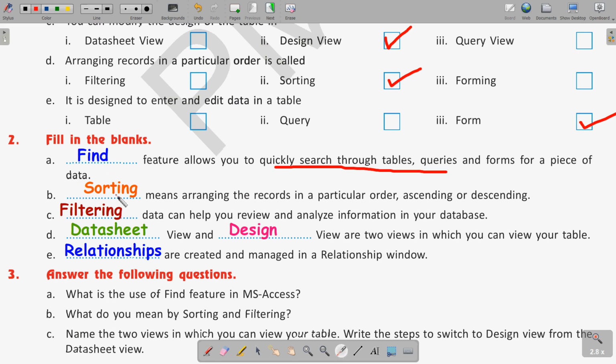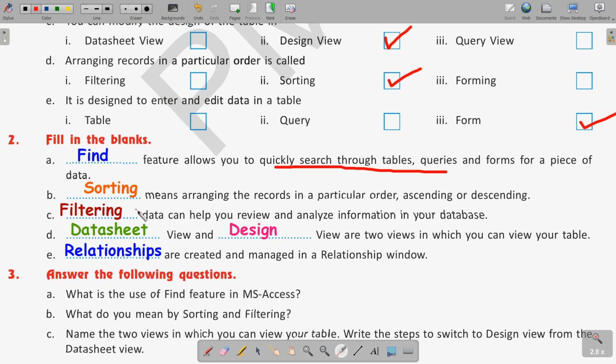Okay, then next is, blank means arranging the records in a particular order, that is ascending or descending. So we have just seen that arranging in ascending or descending order is done by the feature called sorting. Clear? So the answer is sorting.